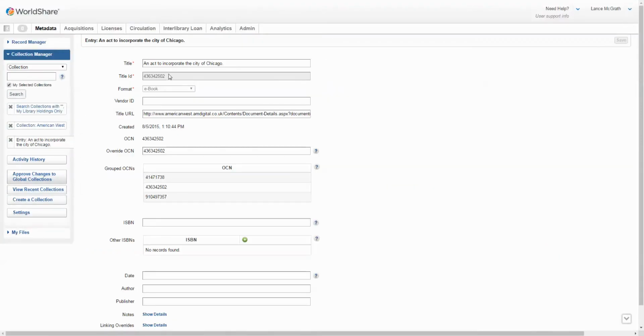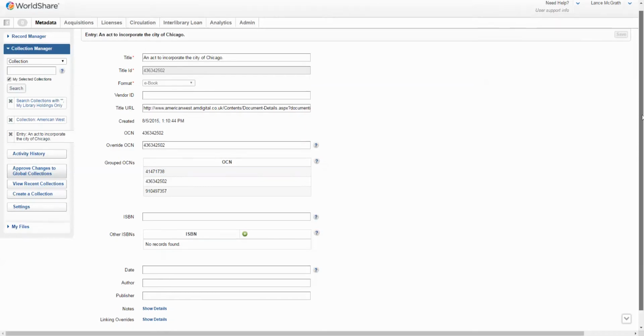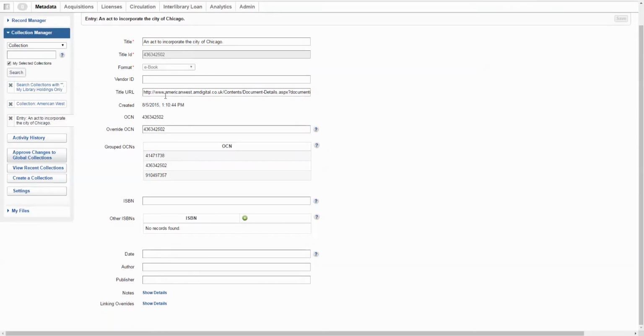So for example, here's some information on the act to incorporate the city of Chicago. I had to go out and harvest the title URL, verify that it was correct and accurate, because I didn't want to have broken links, have people search for things and not be able to find them. And then I had to also harvest the correct OCLC number, the OCN, and attach that to each record, all 664 of them,